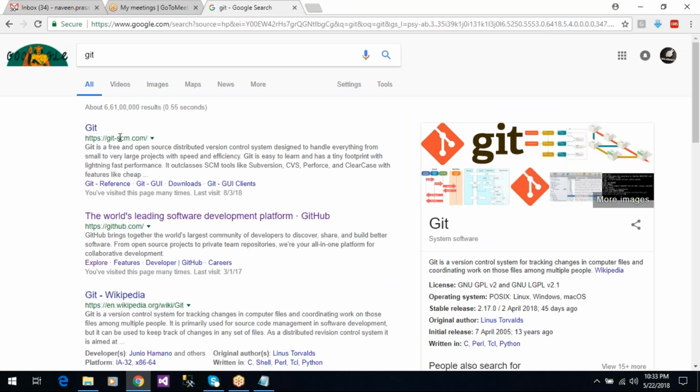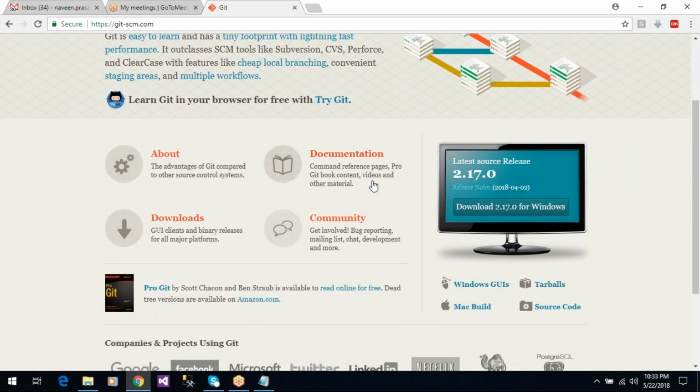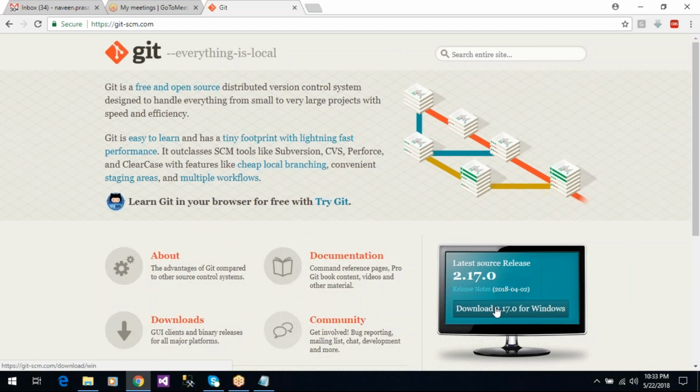Okay, git-scm.com. Okay, so download 2.17.0 for Windows. So download this one also and install the Git software in your system. So to create Git repositories, it is a free and open source distributed version control. Okay, so this is actually version control,